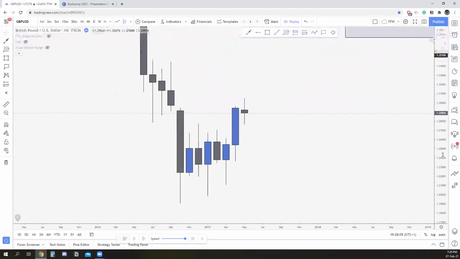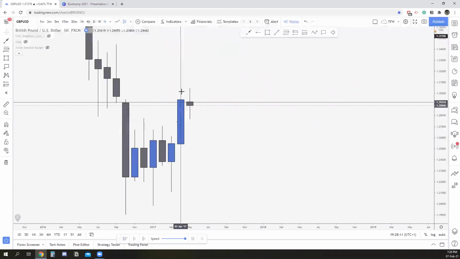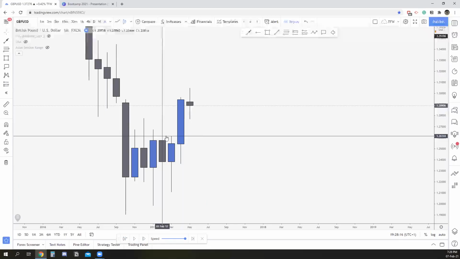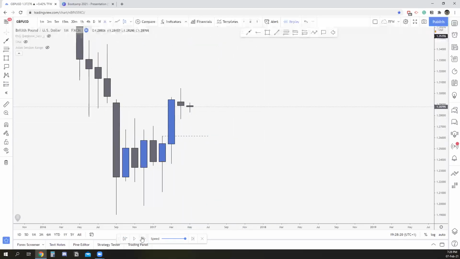If I do it again, let's do this. This is monthly time frame, guys. Keep that in mind. We have this strong push to the upside right here, this candle. The next candle prints, but still it hasn't filled this wick, all right? So if I just drop a little arrow like that, have a look.